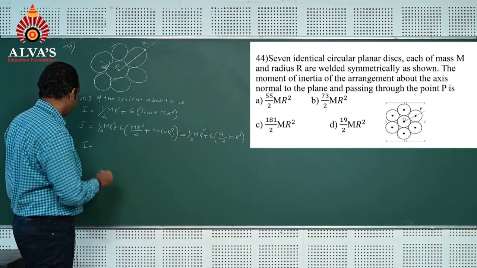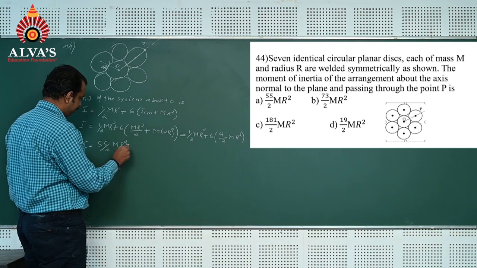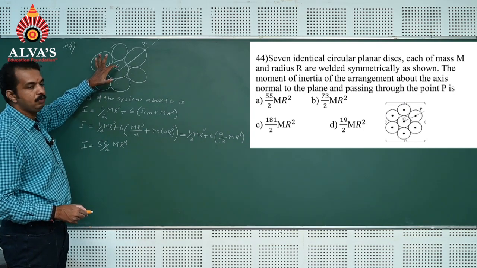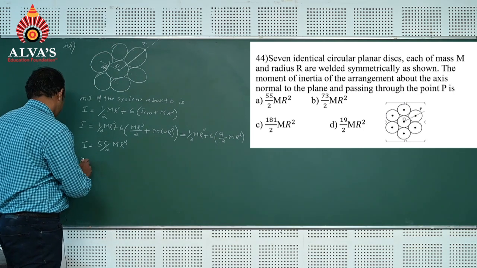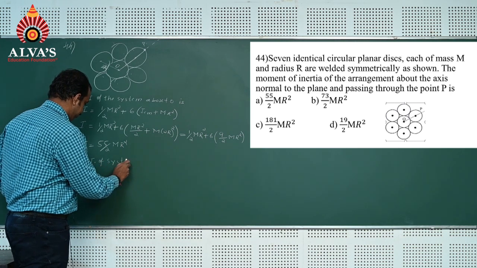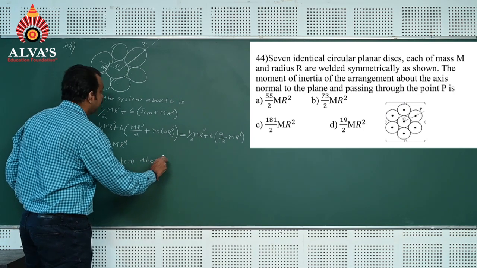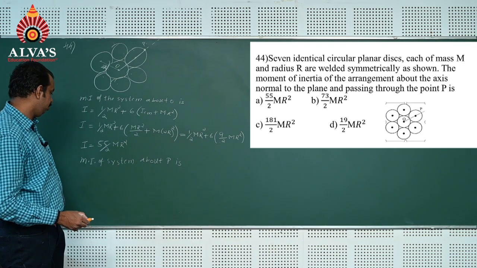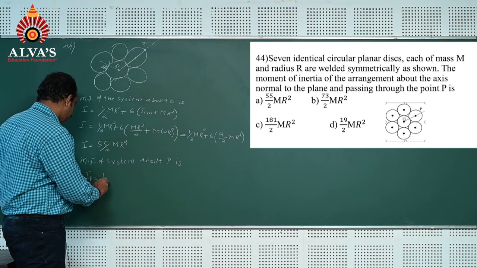54 plus 1, 55. 55 divided by 2 mr square. This is the moment of inertia about point O. Now the moment of inertia of this system about P. The moment of inertia of the system about point P is IP, which is equal to,